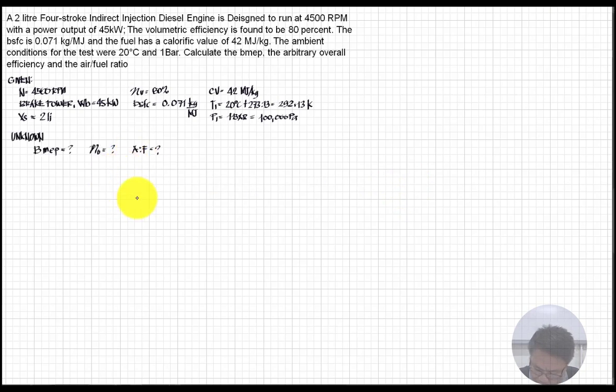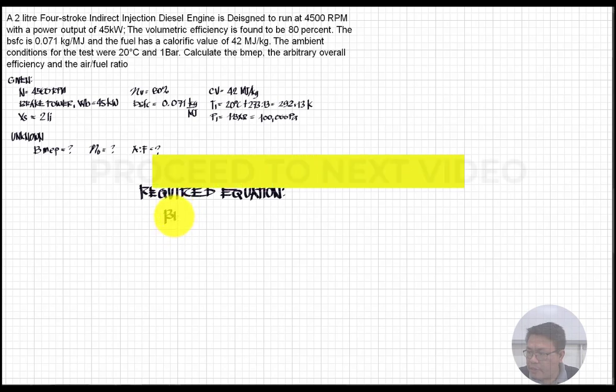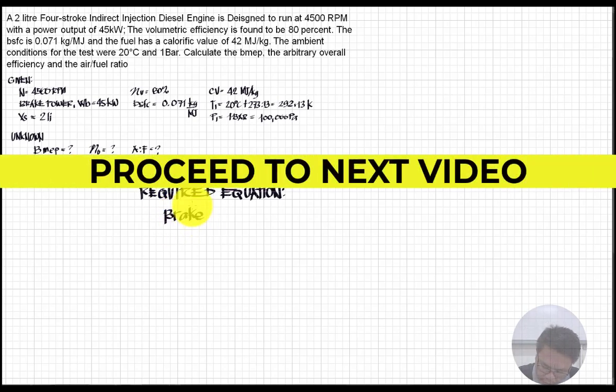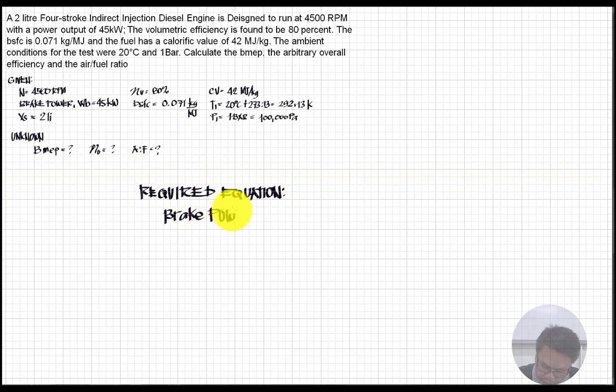Then I'm going to write here the required equations that we will use. So we need to determine the brake mean effective pressure. From brake power, remembering the earlier lecture, we have your brake power, which will be equal to your BMEP times L, or length of stroke, times surface area